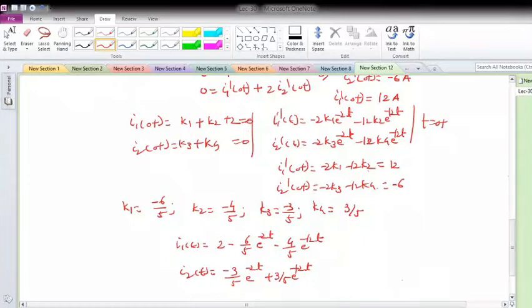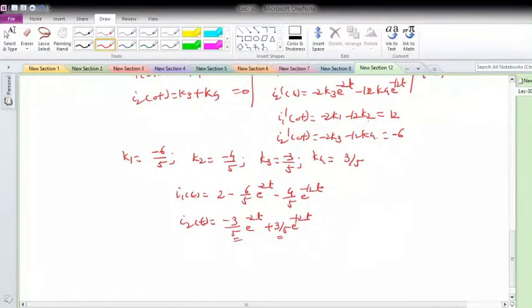Okay, so observe that this will be equal and opposite. Now if you want to check it using physical inspection also, because at t equal to 0 I should know what my value of I1(0) should be, it has to be 0. So if you evaluate this I1(t) and I2(t) at 0,